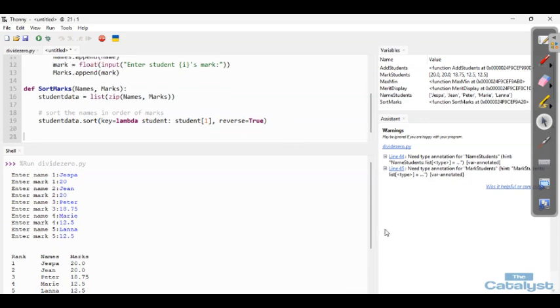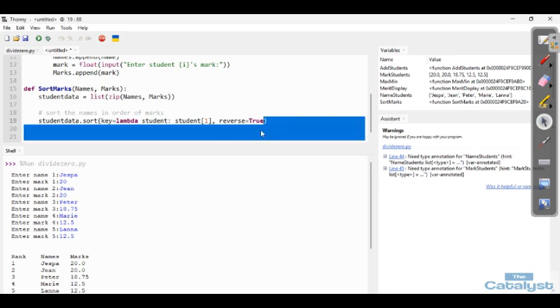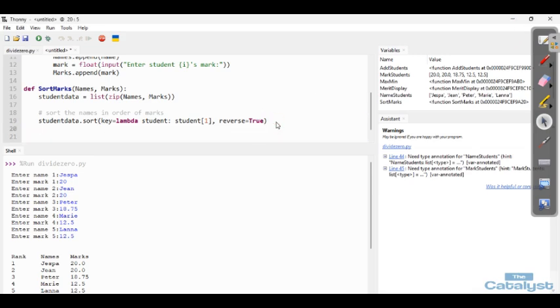Okay. So after sorting now, what do we have next in our procedure? The next procedure is a procedure merit display to print the list of students in order of merit. Okay. So to do that, remove and define the procedure. So define merit display. Okay, so merit display,